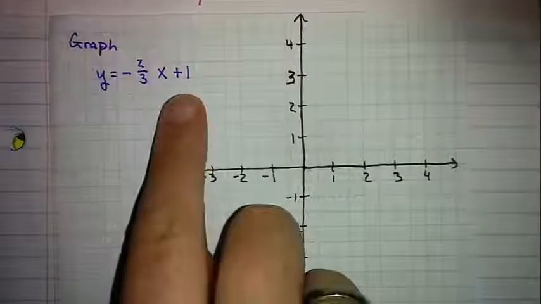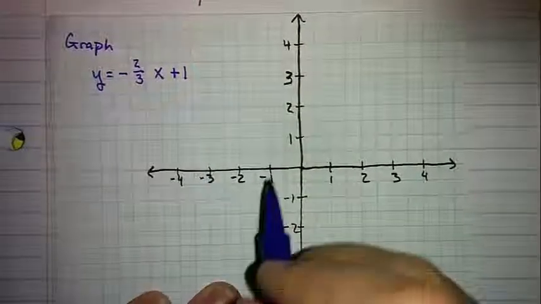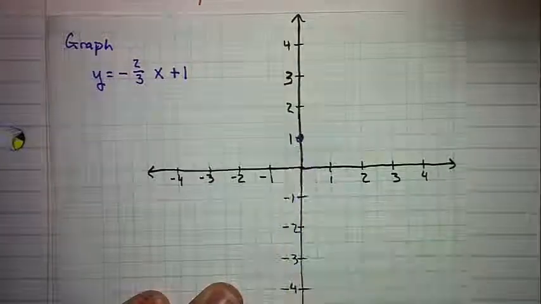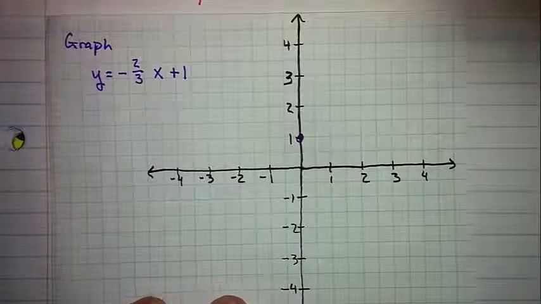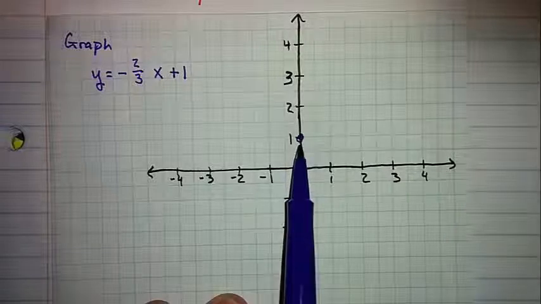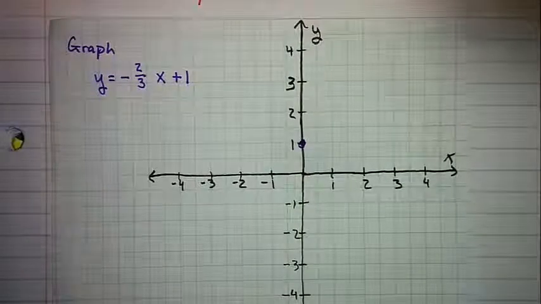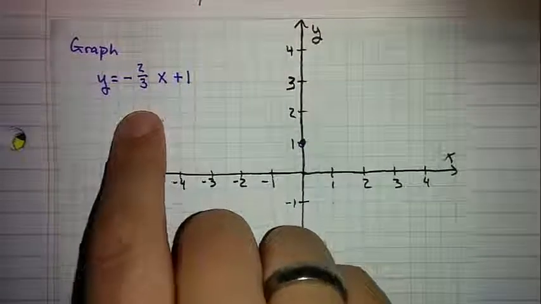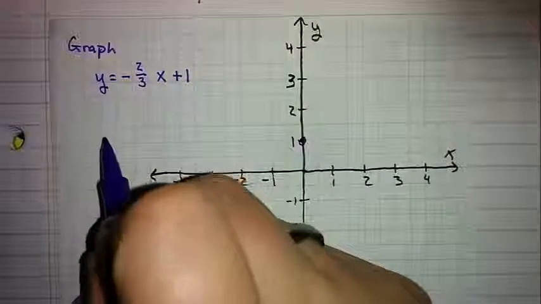Okay, so first we look at the y-intercept. 1 in this case. So that gives us our first point. And now we look at the slope, negative 2/3. And remember,